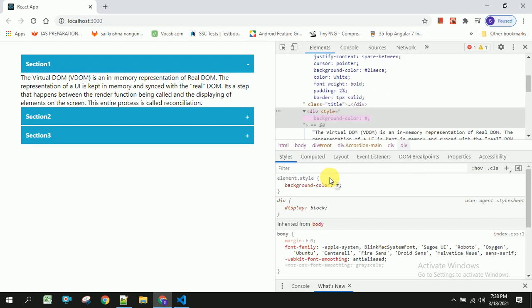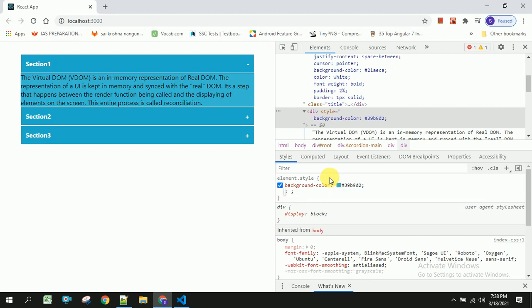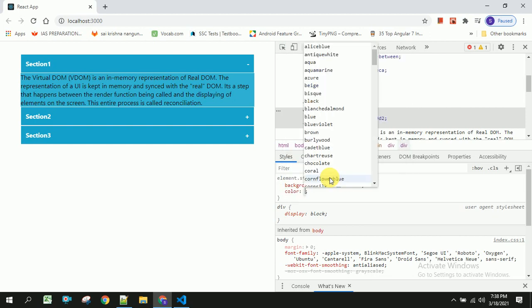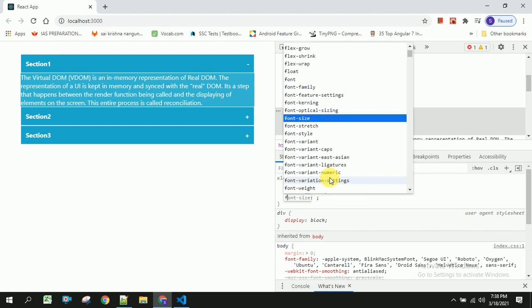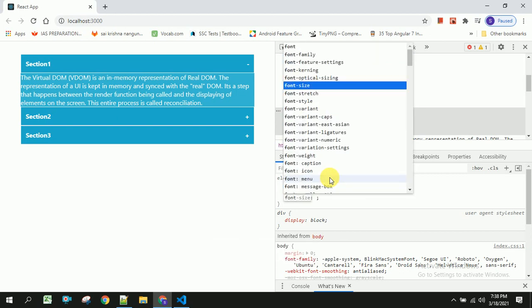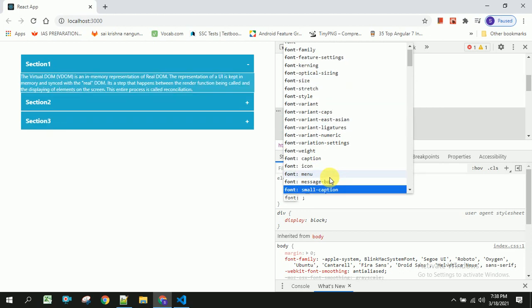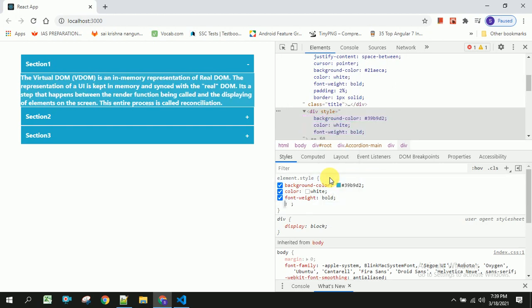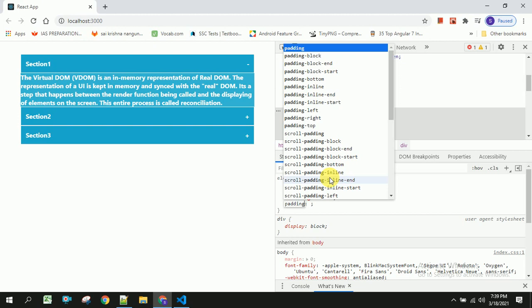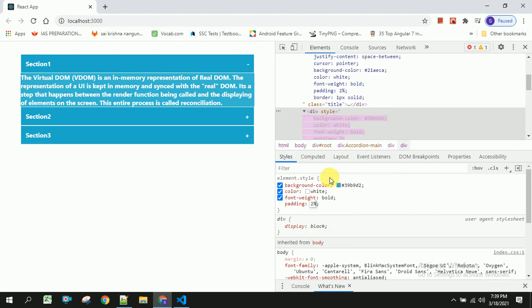It will be somewhat like two, and I am going to add some color as white, font weight as bold, and padding will be same as title, 2%.